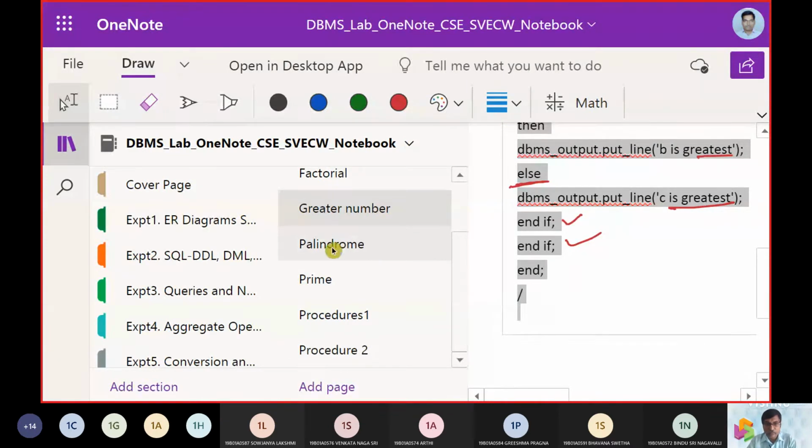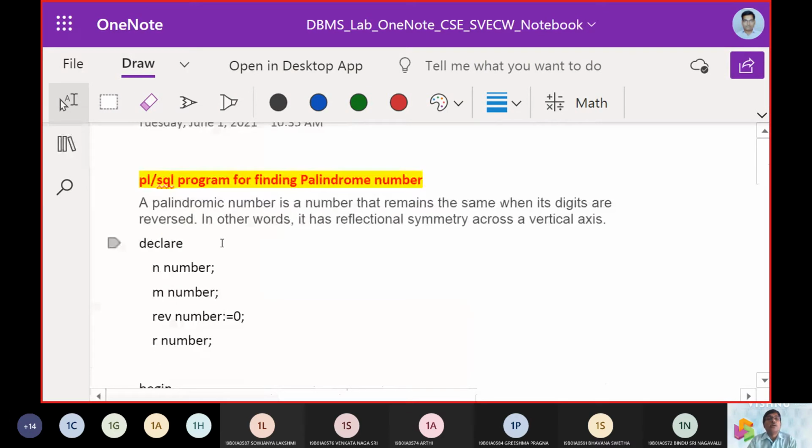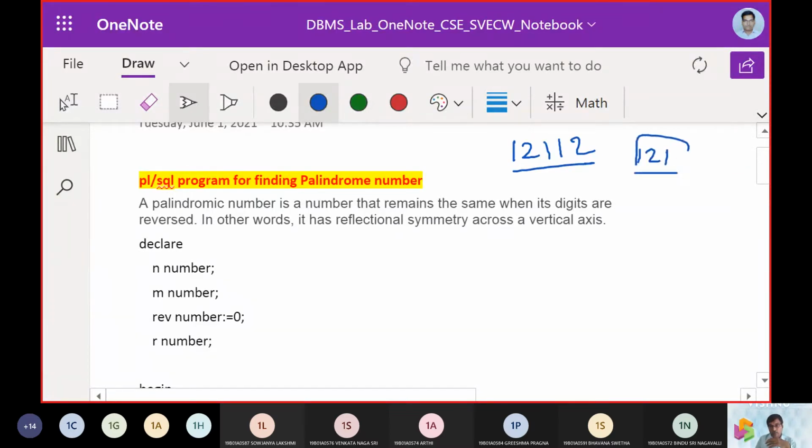Next we will work with the palindrome example. What is a palindrome? If I say 1 2 1 2 1 1 1 2 1 1 2, if it is like this, it is not a palindrome. But if it is 1 2 1, even if I reverse it, it is still 1 2 1. If I reverse 1 2 1 1 2 1, this is not going to be a palindrome.